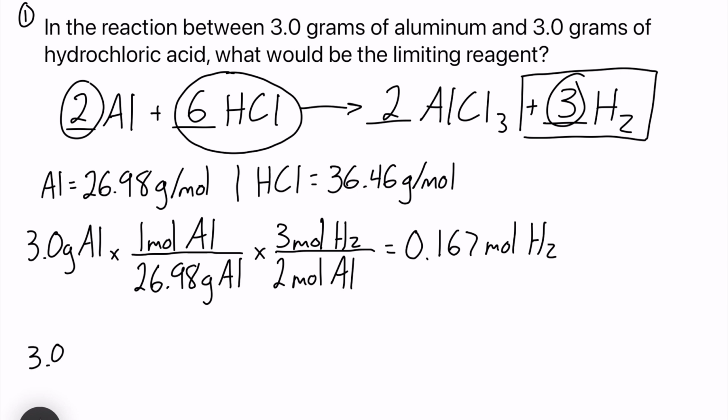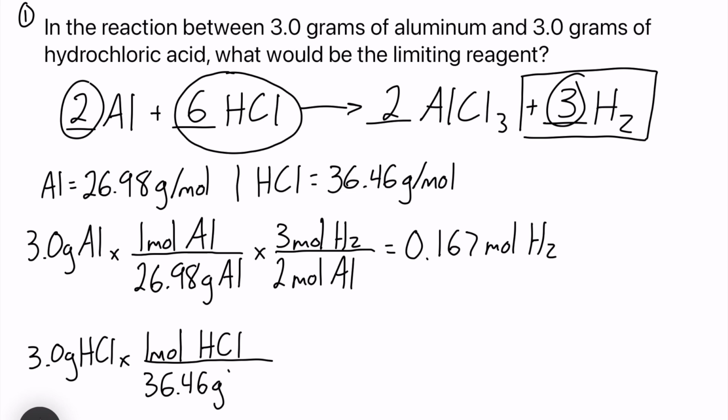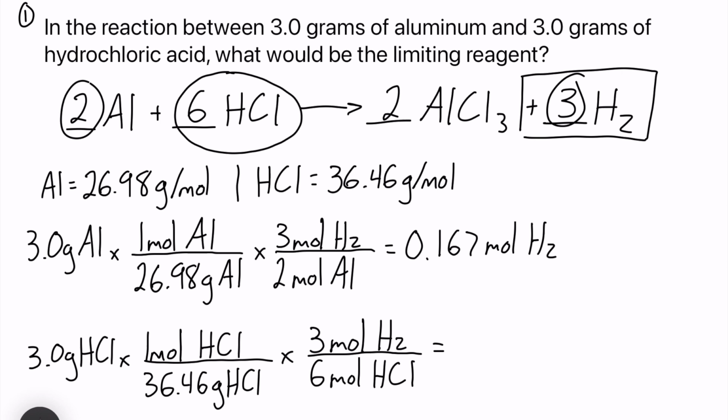So I'm going to start off with 3 grams of HCl, and I'm going to go from grams of HCl to moles of HCl. So I will divide again by the molar mass, which again I have written up top here. So 36.46 grams of HCl for every mole of HCl. And finally, I will go from moles of HCl to moles of H2. And remember, that is the step where you use those coefficients. So I have 3 moles of H2 over 6 moles of HCl. And once you type that into your calculator, what you should get is